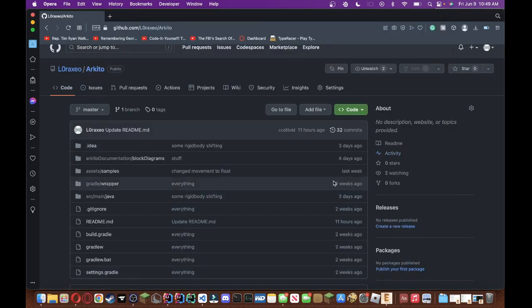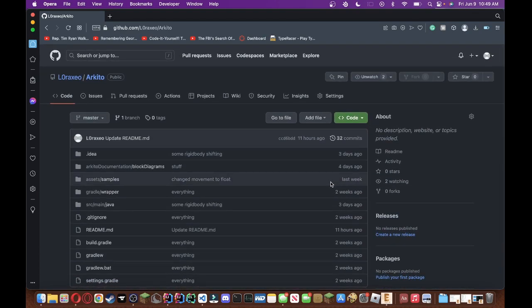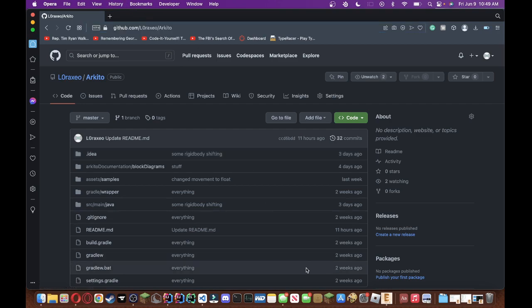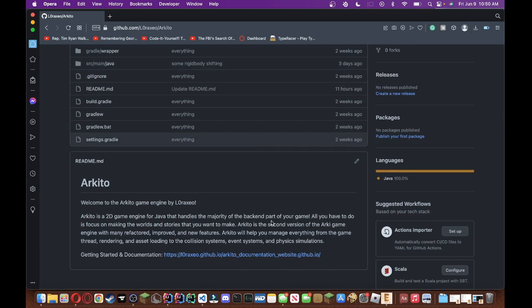Getting started with Arkito is a very simple task. You don't really need this tutorial. You can refer to the documentation, but if you go to github.com/loraxio, the zero is this capital O is a zero, /Arkito or Arkito, you can pronounce it however you like. You will find the repository, and below in the description there's a link to the documentation that I've hosted on